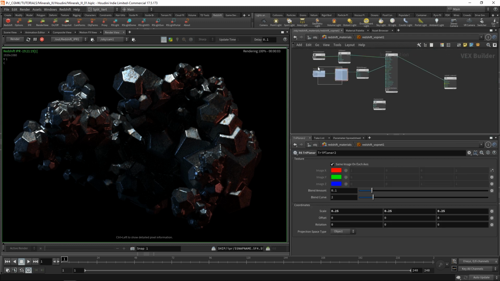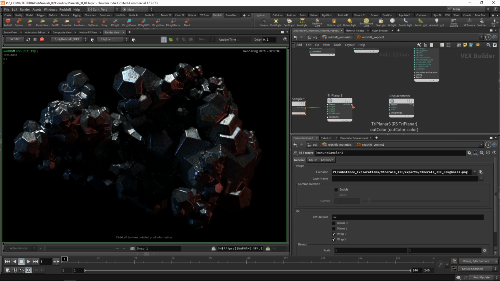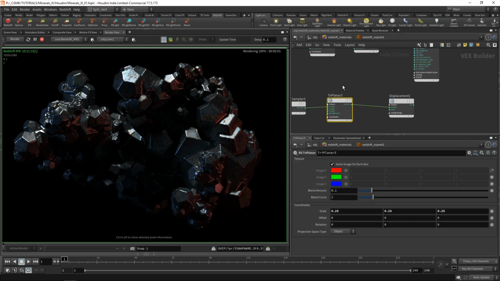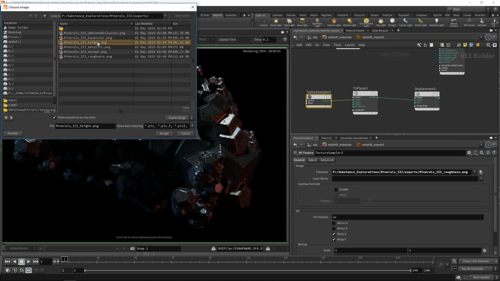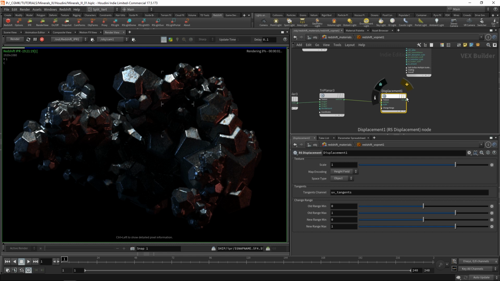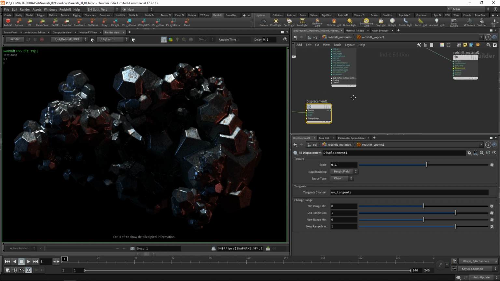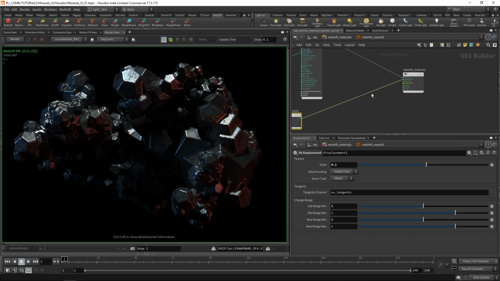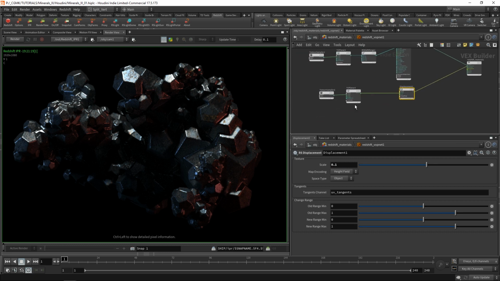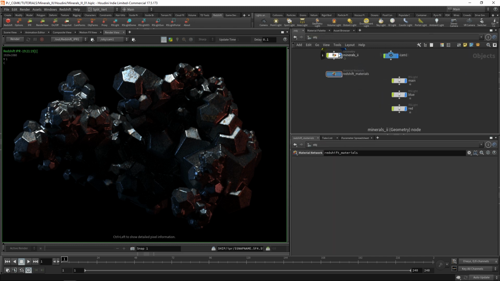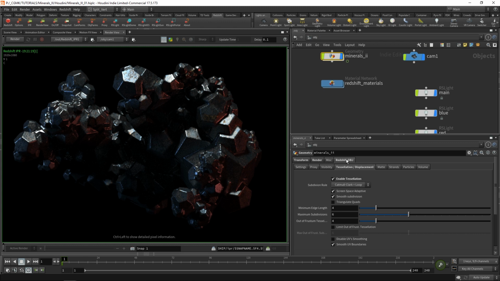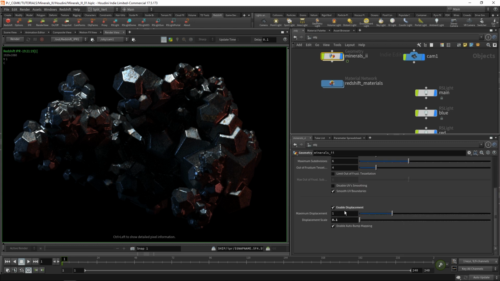Again, using triplanar. And here I'm gonna be loading up the height map. The displacement, I want it to be fairly low. I'm gonna stop the render, connect this to the displacement. And for the displacement to actually happen, I need to go to the object as well. And here on the object, I'm gonna go to Redshift options, enable tessellation, and make sure I have enabled displacement